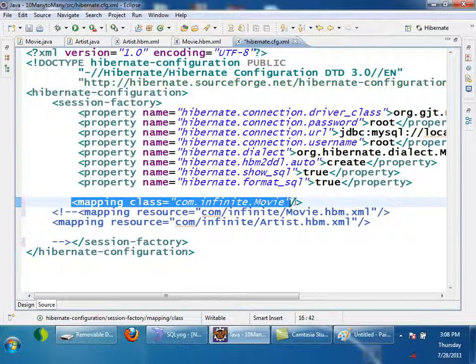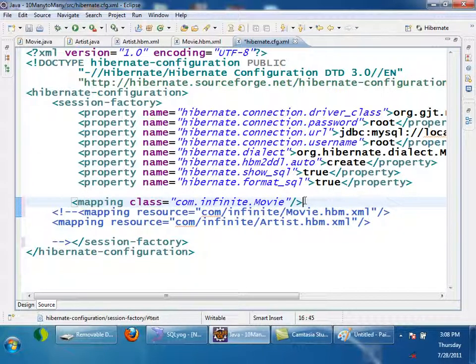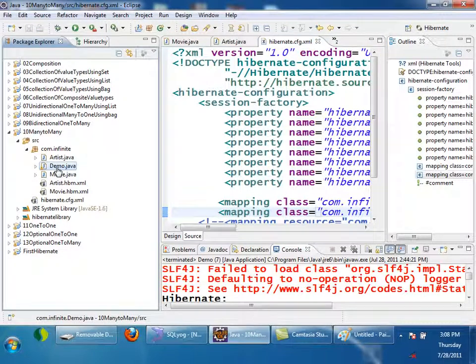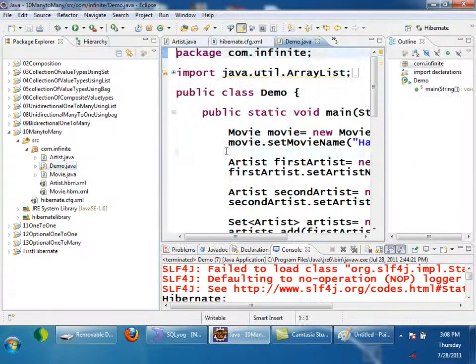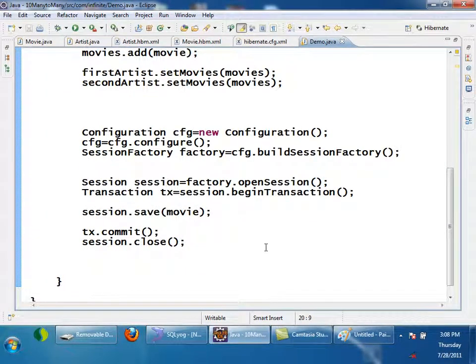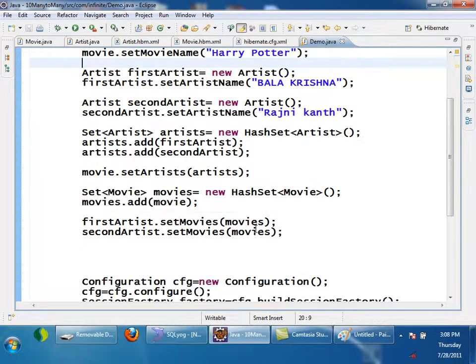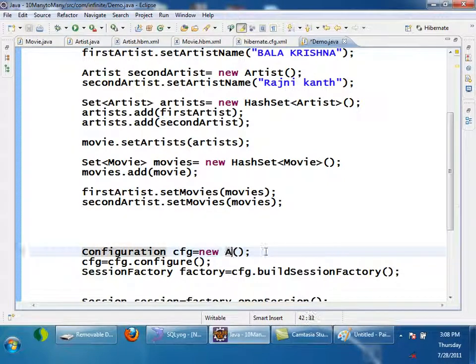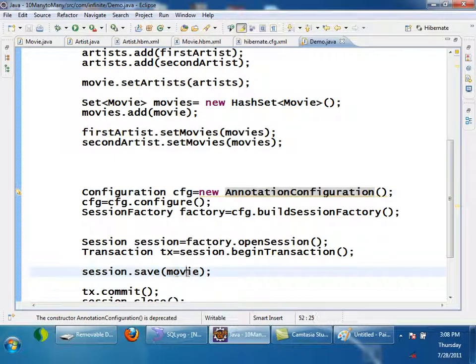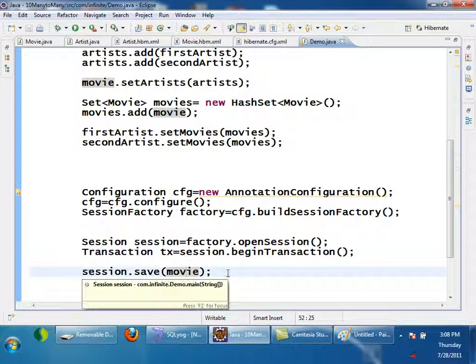So again another class, Artist. Now one more change I need to make here, in the demo I have to use annotation configuration. Then I have to save movies and also artists.